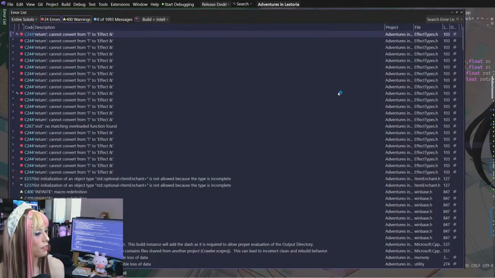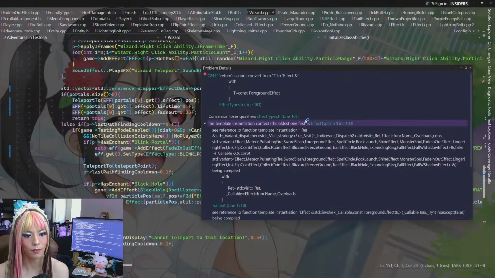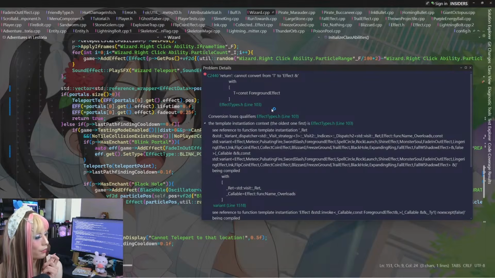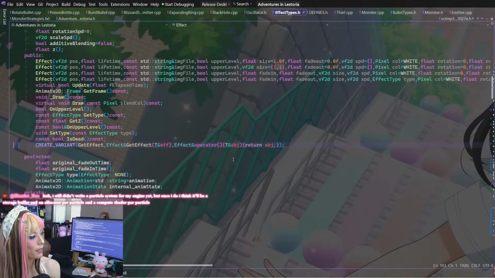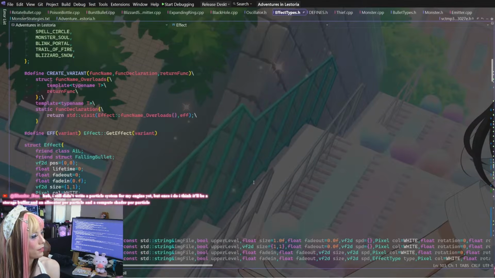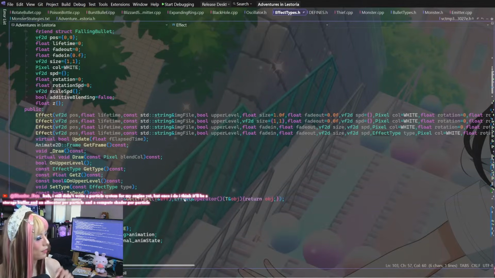Okay. Somehow we're getting const going into here, and I'm not entirely sure why. Cannot convert from T to effect reference with const foreground effect. I think I have to cast it. Because it's going to be... Wait.